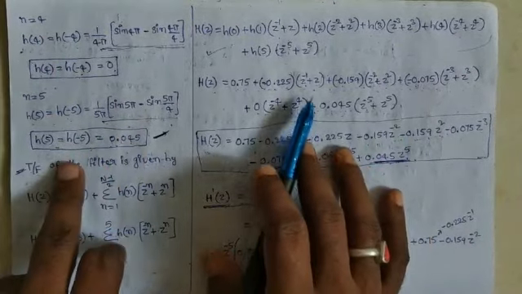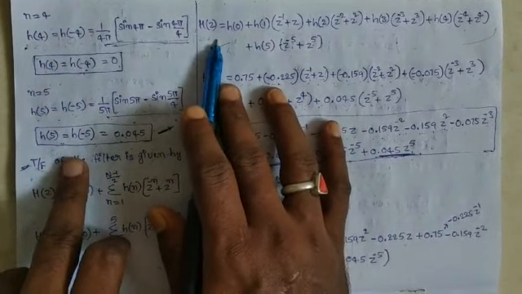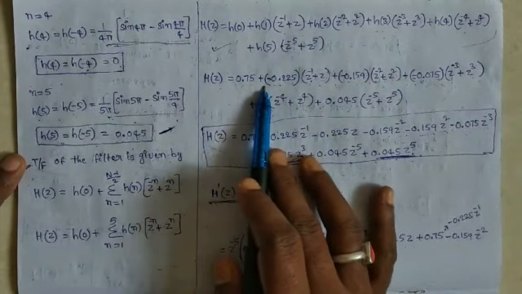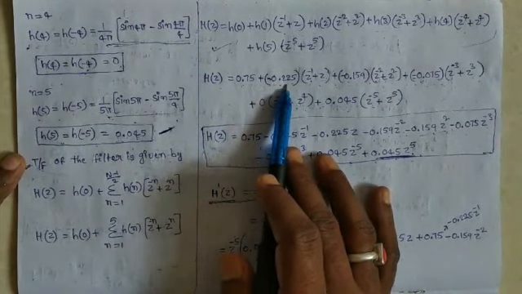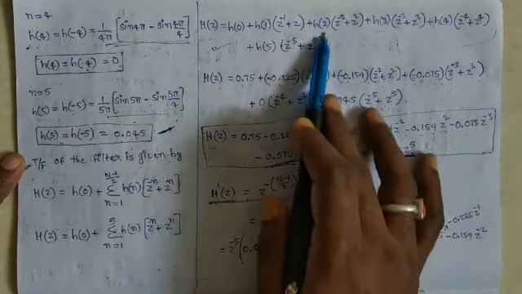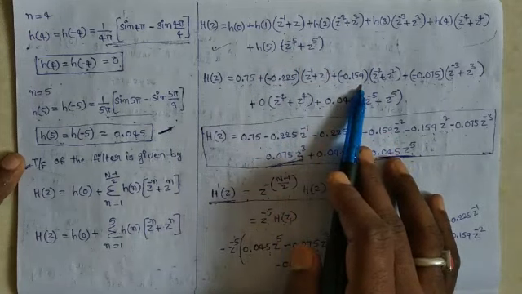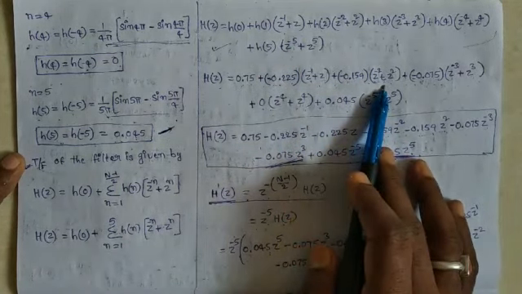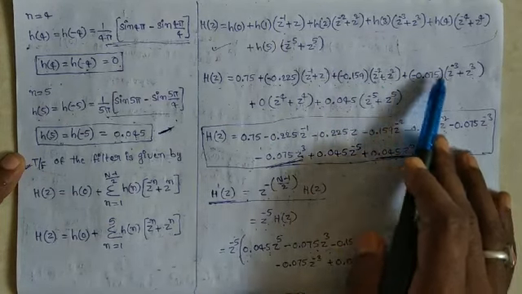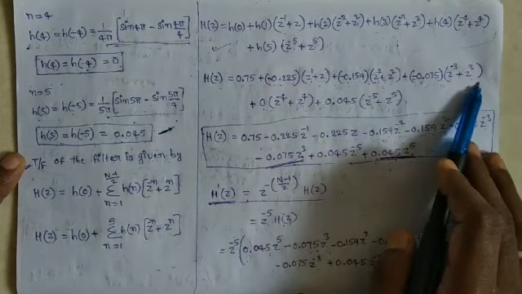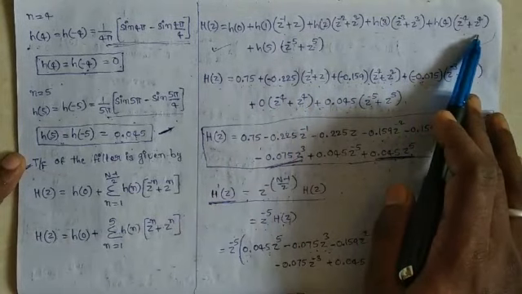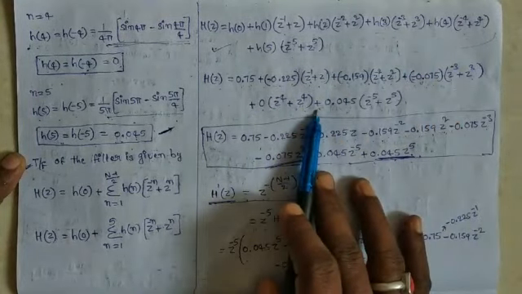We are substituting those values in this equation. Here h of z is equal to h of 0, whose value is 0.75, plus h of 1, which is minus 0.225, into (z power minus 1 plus z), plus h of 2, which is minus 0.159, into (z power minus 2 plus z power 2), plus h of 3, which is minus 0.075, into (z power minus 3 plus z power 3), plus h of 4, which is 0, into (z power minus 4 plus z power 4), plus h of 5, which is